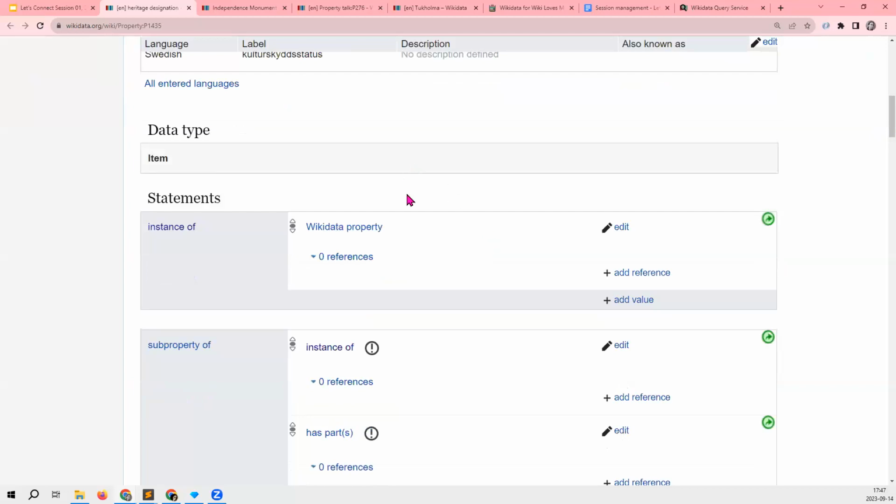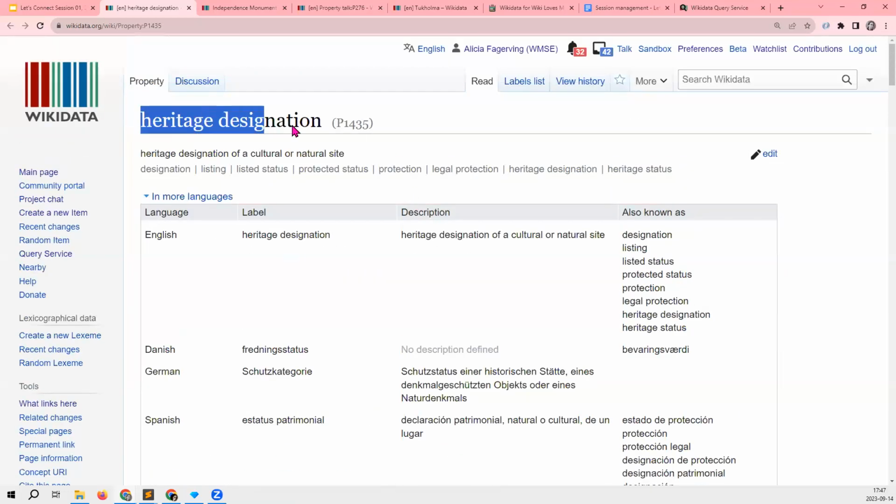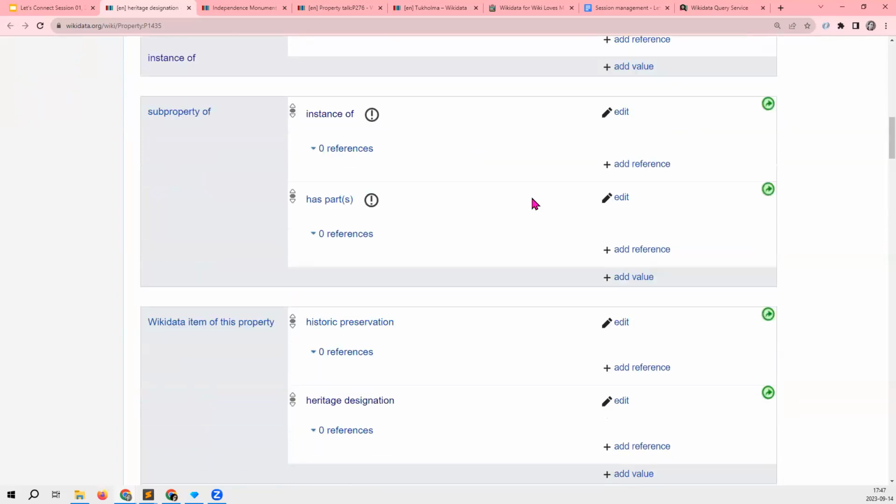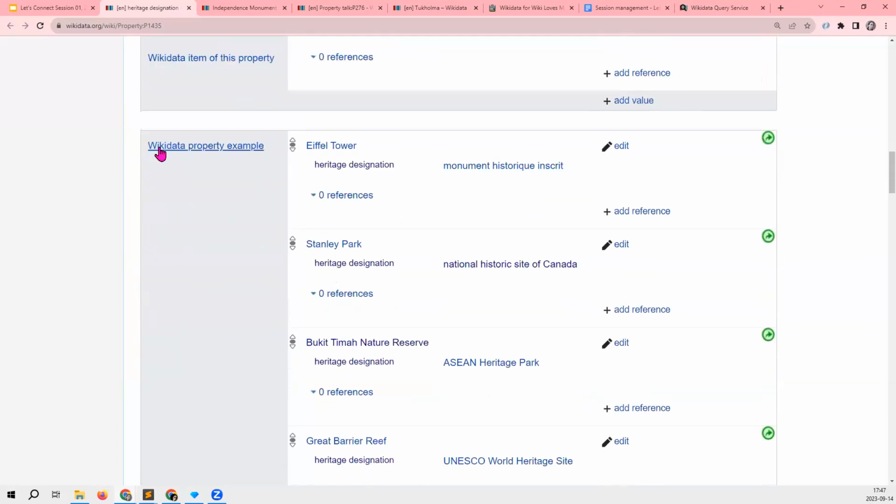Now you can see that when I am on a page of a property, then I can scroll down and I can find usage examples. So I can see that the Eiffel Tower is a monument historique inscrit, which is a French name for an item on a particular heritage register.